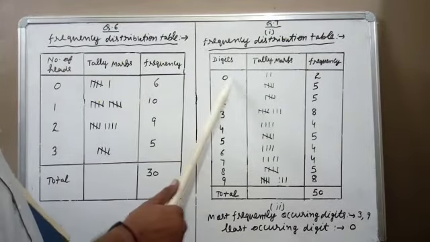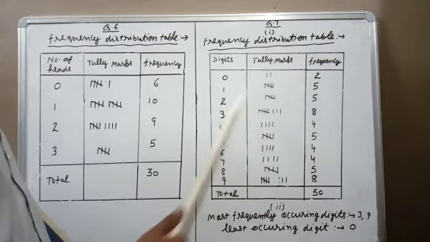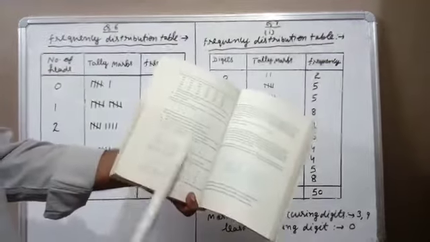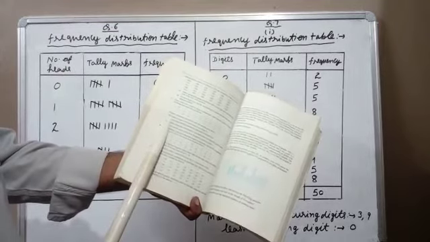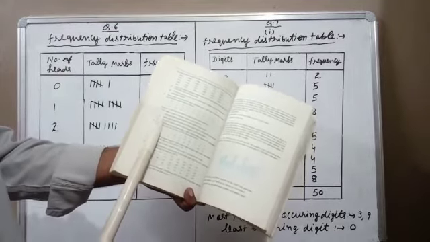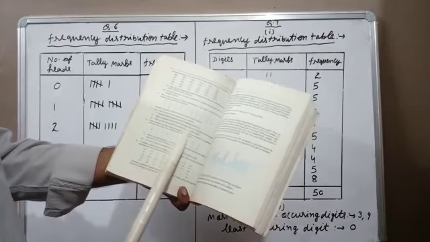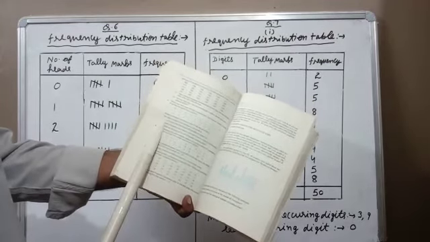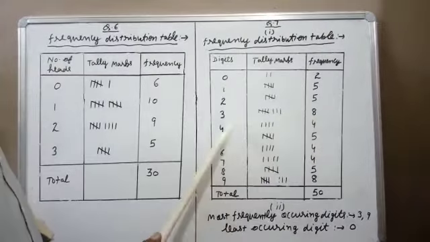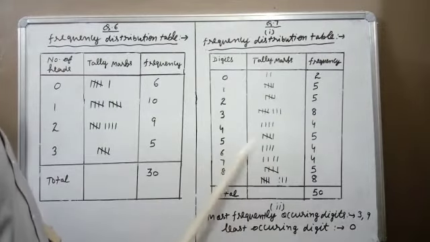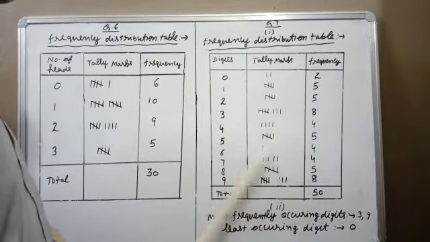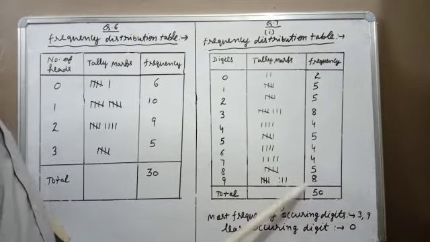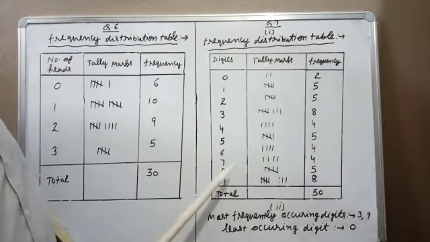Then we will count 0. It comes 2 times, 1 comes 5 times, 2 comes 5 times, 3 comes 8 times. When we count 3, we will not count the 3 before the point, because the question says to make a frequency distribution of the digits after the decimal point. So I will leave that 3, and you will get 8 times. Then 4, 4 times; 5, 5 times; 6, 4 times; 7, 4 times; 8, 5 times; 9, 8 times. If I add all this, I will get 50, and then we will write the tally marks.